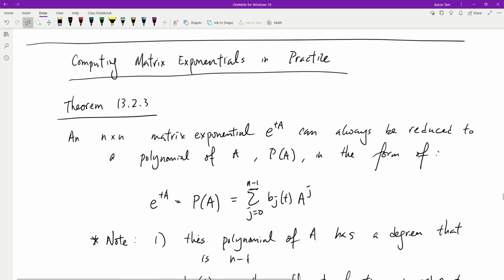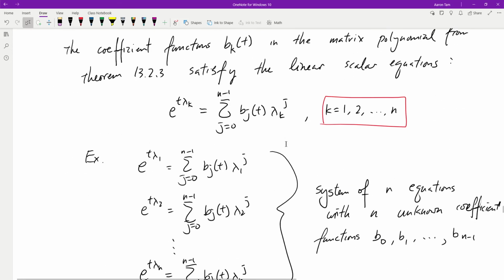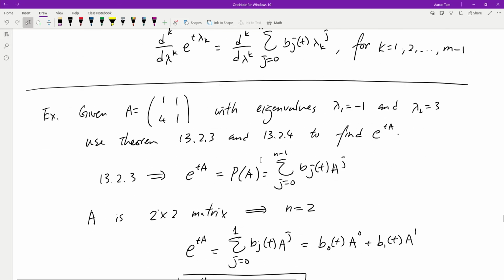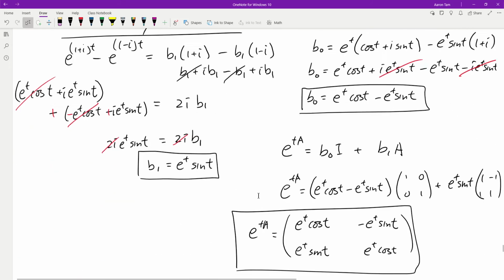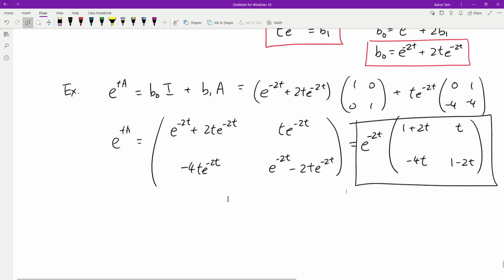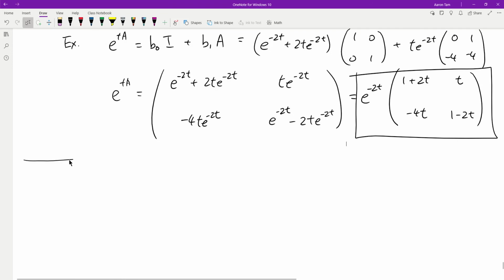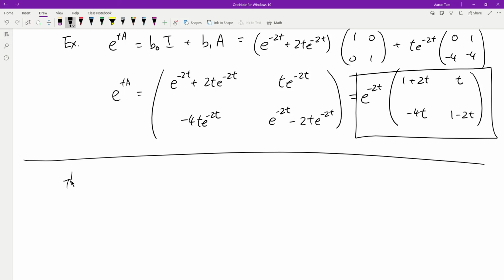So if we're doing a big matrix, let's say a 5 by 5 matrix, then I will have to do a polynomial of degree 4, which means I do need to know how to find the matrix A to the 4th power. Now, for a 5 by 5 matrix, that's actually quite a lot of calculation to do. And granted, our calculator can probably easily do that, but I would like to show you a very cool way to calculate a square matrix to a high power, by using a simple process that actually just multiplies them out. Show you. This is Theorem